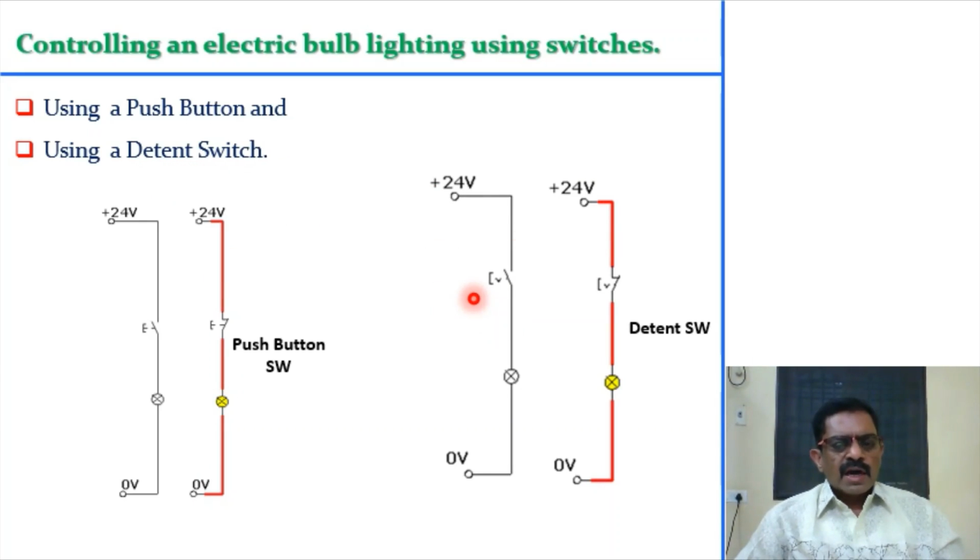Another application you can see is a detent switch. If I want my bulb to glow throughout, and I don't want to switch it off, I can use a detent switch. Normally in houses, whatever switch we use is a type of detent switch only. If I press this, it will become a permanent contact, and the light will keep glowing till you operate the detent switch again. That is the advantage of a detent switch. It is one simple application of electro-pneumatics. We are actually not using any pneumatics here, but still, using electrical connections, we can glow a bulb. Even this can be simulated in software like Automation Studio or FluidSIM.